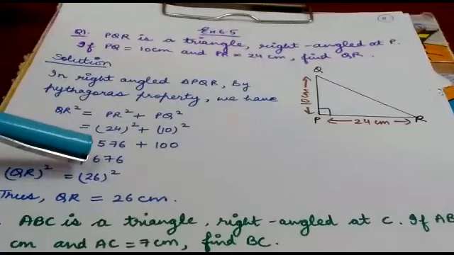Now, which of the following can be the sides of a right triangle? Identify the right angle also, in case it is a right angle triangle. If it is a right angle triangle, we have to tell the right angle also. Now 2.5, 6.5 and 6. What is the longest side here? 6.5 is the longest side.